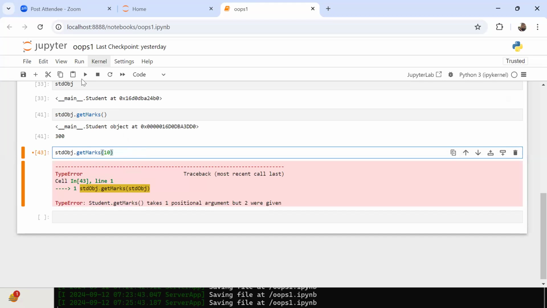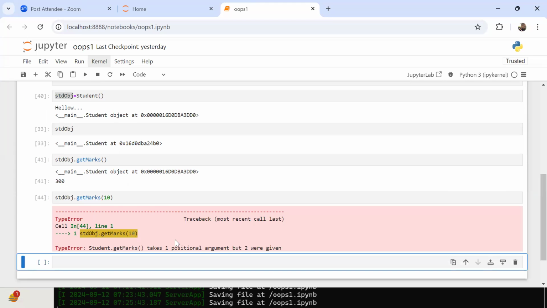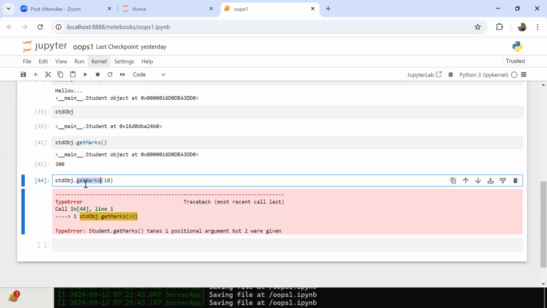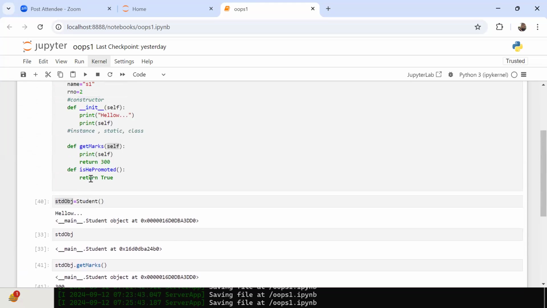The same only. So get marks is called with your argument, one, plus Python's argument, one. Total two. These two go to get marks, right?